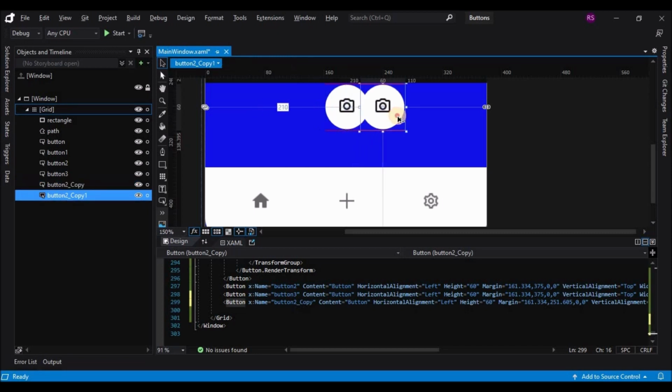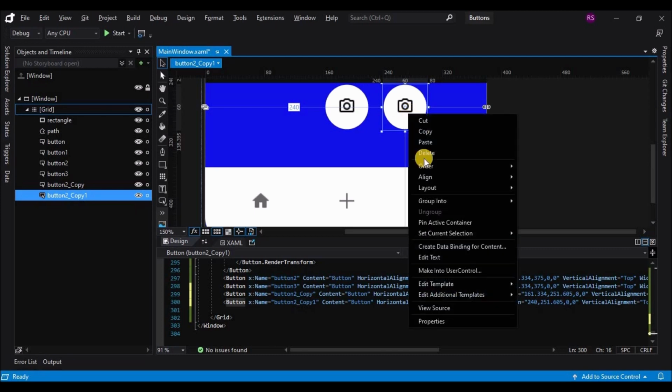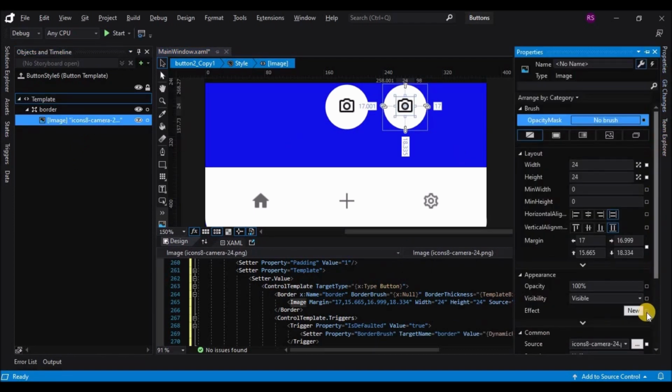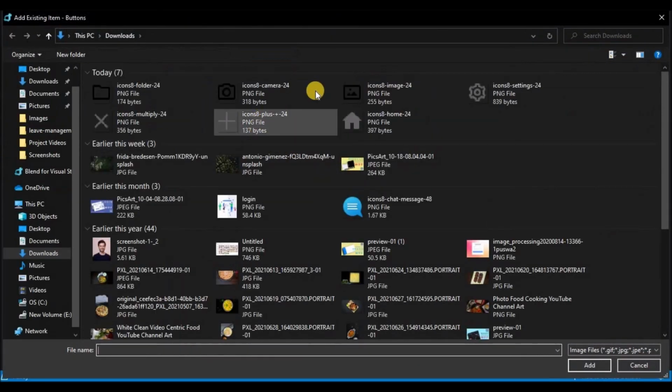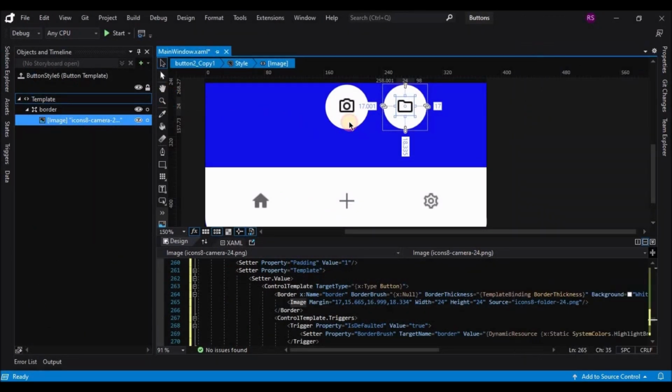Okay, let's edit its template. Go to image properties and change the icon. Let's make one more copy of that button.